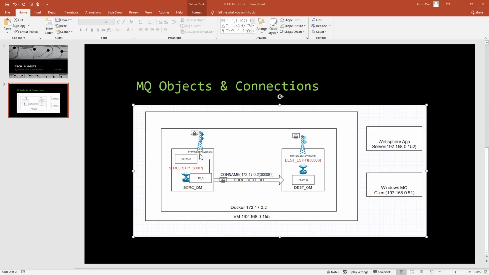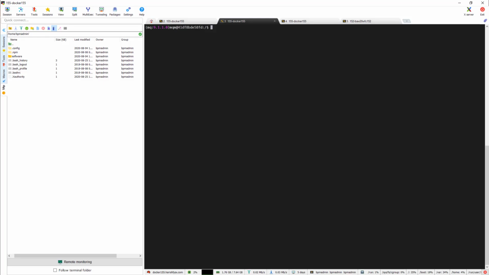So on the queue manager level, we secured the queue manager so that only user Harris can connect to the queue manager. But on the channel level, what we did is we just disabled the authentication. That means everyone can connect to the channel but not the queue manager. So here we also want to secure this channel. So let me go back to the